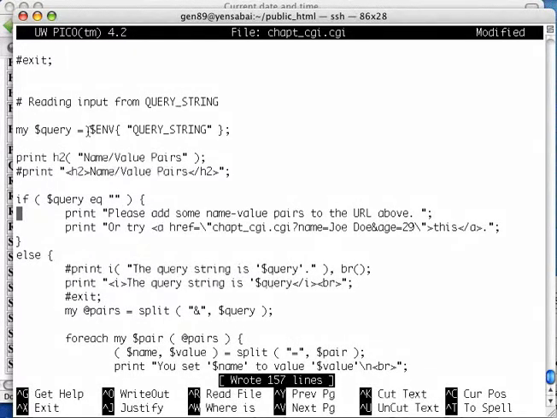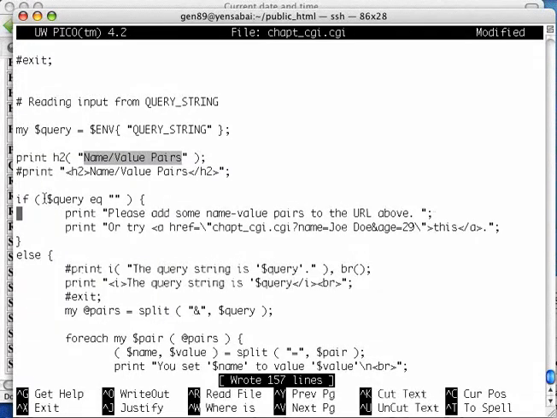And our program is going to use the name of this field as the key in our environment hash, and we're going to simply grab this information into a variable we call query. And this time, instead of doing the H2, which is a highlight of the second to the highest highlight, we're going to actually use the equivalent command in CGI. So you notice they usually use exactly the same name as the HTML tag, but it just becomes a function name, and then you use parentheses, and in the string, all of this is going to be highlighted at level 2. So we're going to print name value pair,